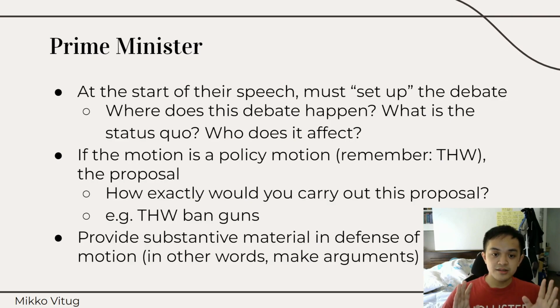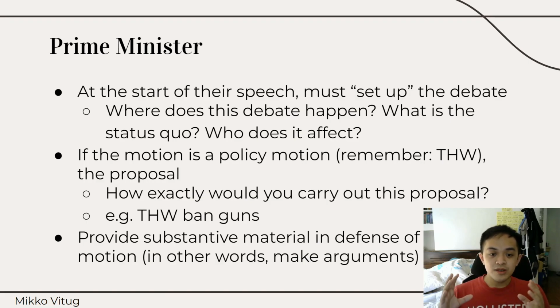Leader of the Opposition does not have to say guns in all instances are a positive thing, everyone should have a gun. No, you just have to disagree with a ban. So what that entails is that Leader of the Opposition is free to say, we will allow guns, but we could still have strict limitations and regulations. So for example, we would require licenses to be able to carry a gun. We would have very strict background checks for anyone who wants to be able to own a gun. So if you have a criminal record, for example, we will not let you own a gun.